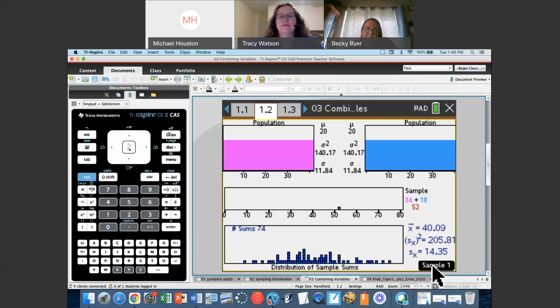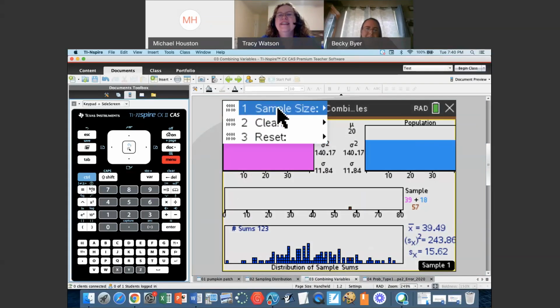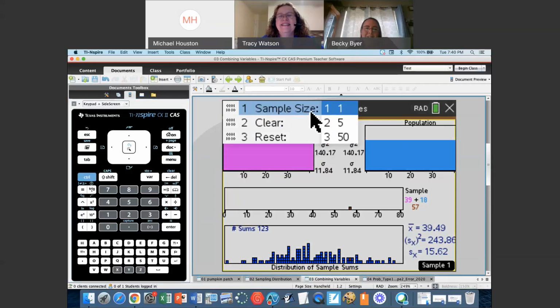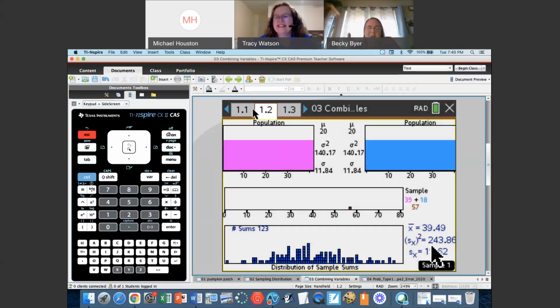I can't remember, when does this one jump? I was just sitting here going, I don't know if this one jumps. You're going to have to go change it to jump. I might not have made it jump on its own. If you hit menu, it will tell you change the sample size. I'm pretty sure it does. Oh, just a sample size, so don't do that. Okay, well, okay, there we go. We just hit the enter button a whole lot.